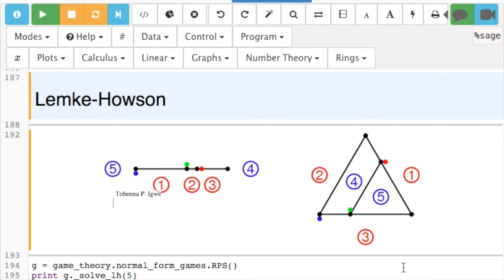So one of the most popular algorithms for computation of the Nash equilibrium is the Lemke-Howson algorithm. The way it works is by pivoting on a pair of best response polytopes, one for the best responses of the row player and one for the best responses of the column player. It starts from a Nash equilibrium and it always ends at a Nash equilibrium. And the way you start is you just say what is the missing label. So for instance, if we start from the artificial equilibrium, which is usually the starting point,